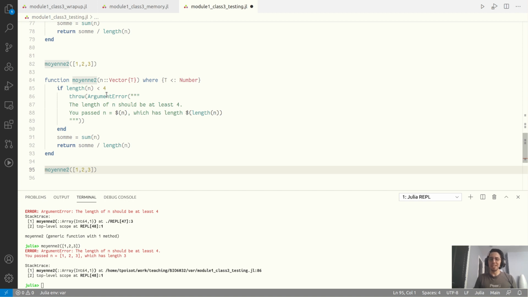When you're saying, well, instead of saying there was an assertion and the assertion was wrong, it's like, okay, there's something that's obviously not working, but I don't know what it is. We have written a specific message that says, well, the error has to do with the argument. And then we write a little bit of text. It's also a form of documentation. We're documenting the thing that the user is doing wrong. And obviously, the fact that n should be at least 4 must be in the documentation of the function as well. But when we're running the function with the wrong argument, it is stopping, and it's explaining why